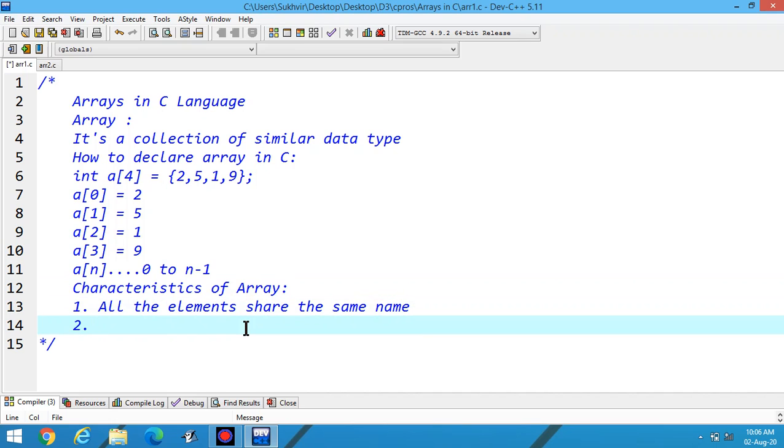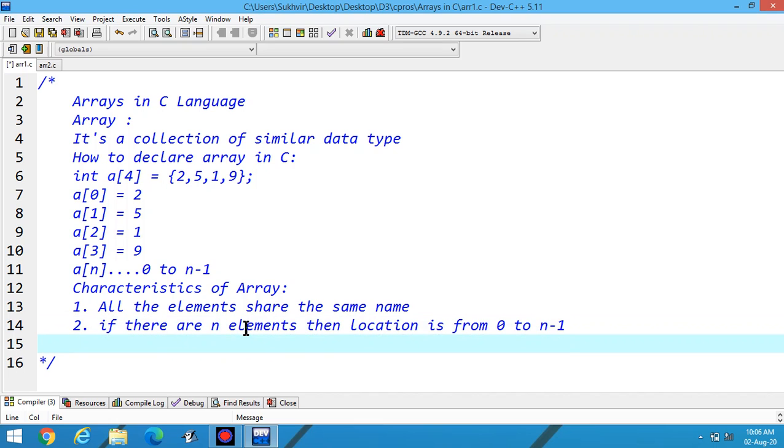Number 2, if there are n elements, then the location is from 0 to n minus 1.